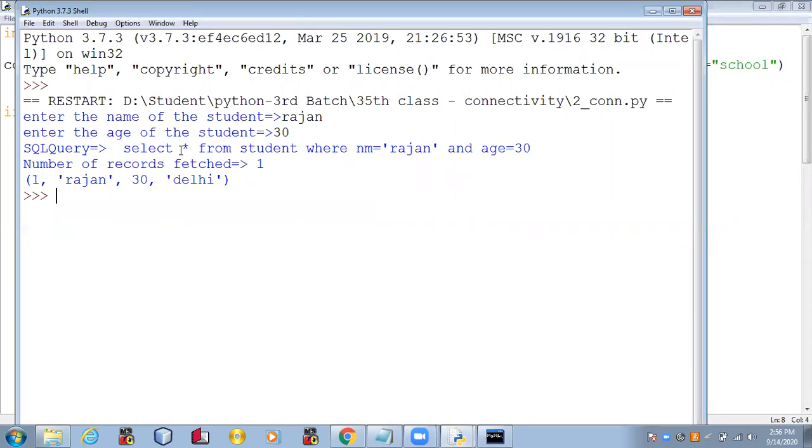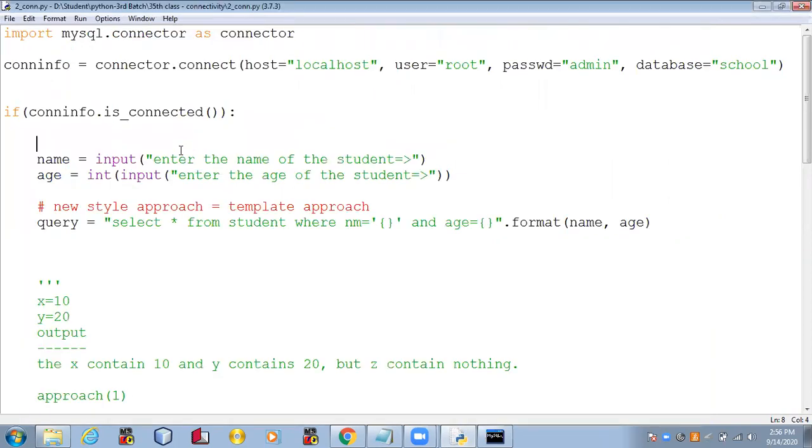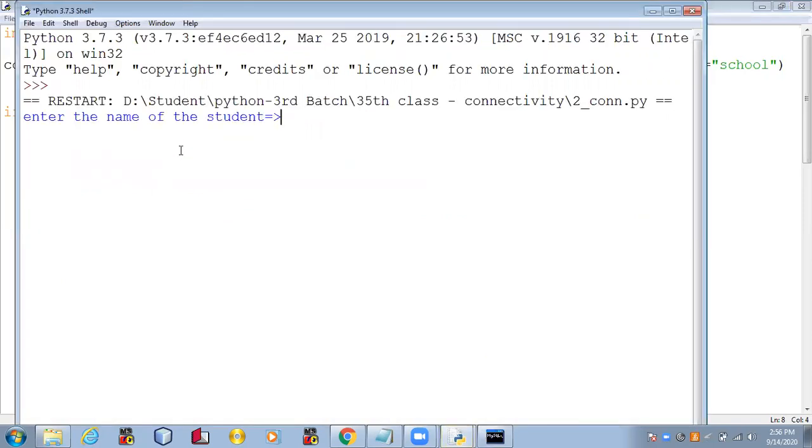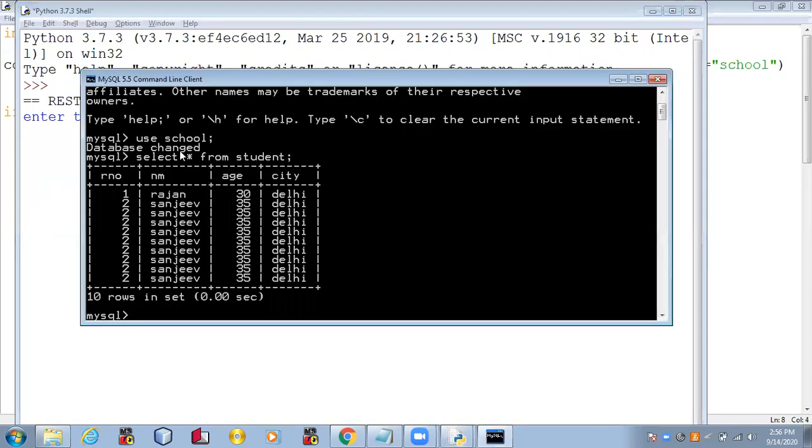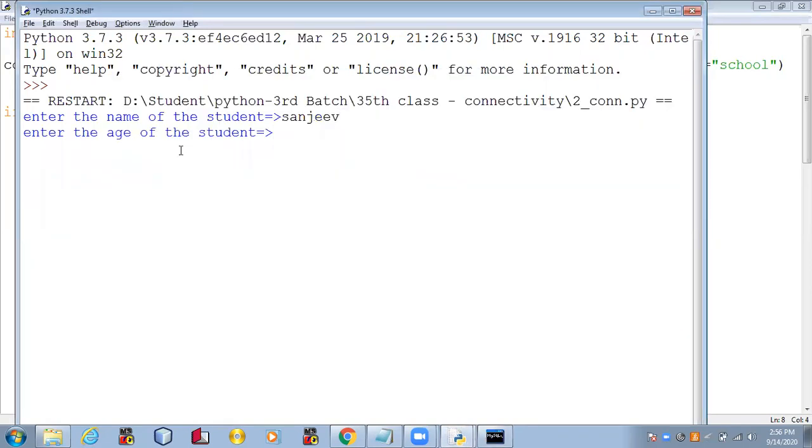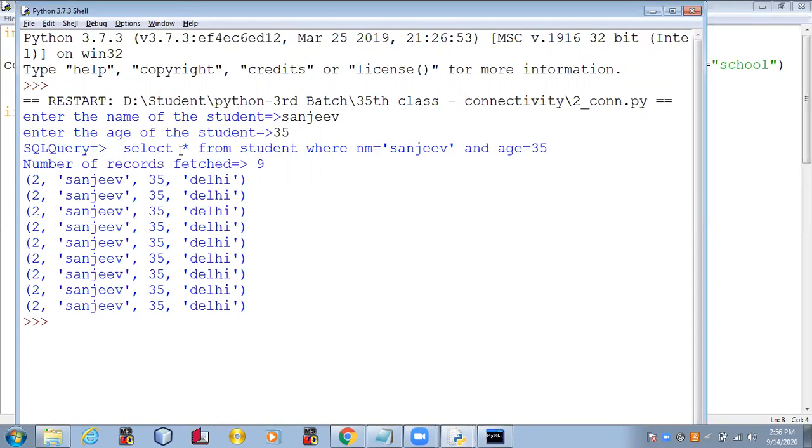There are about 7 to 8 records, right? So let me run this program again. This time I'm going to enter Sanjeev, and the age of this Sanjeev is 35. And see, I will be able to get all the records from the student table having name Sanjeev and age 35.